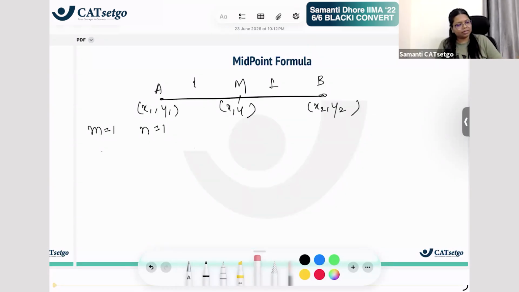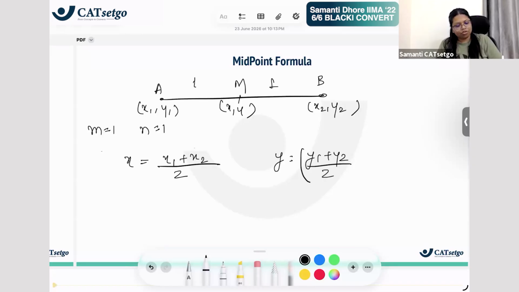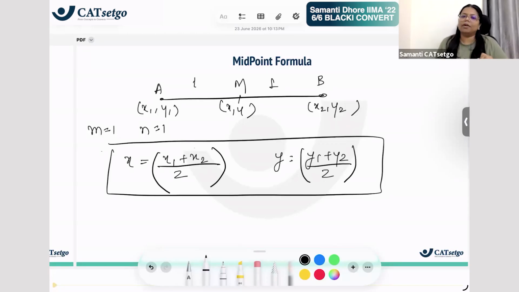What is x? x is x1 plus x2 by 2. What is y? y1 plus y2 by 2. तो मिड पॉइंट में सीधा सीधा ऐसे एवरेज वैल्यू आ जाती है। ठीक है, this is midpoint theorem. Section formula हो गया और ये मिड पॉइंट फॉर्मूला हो गया।